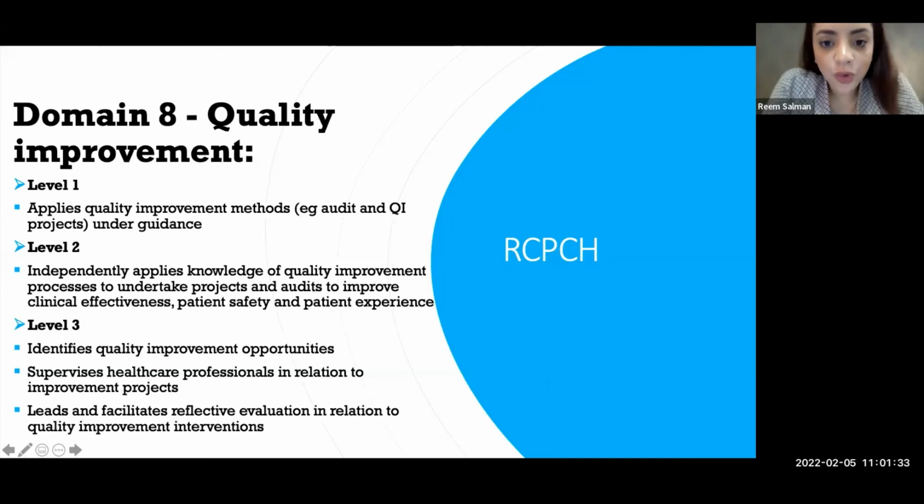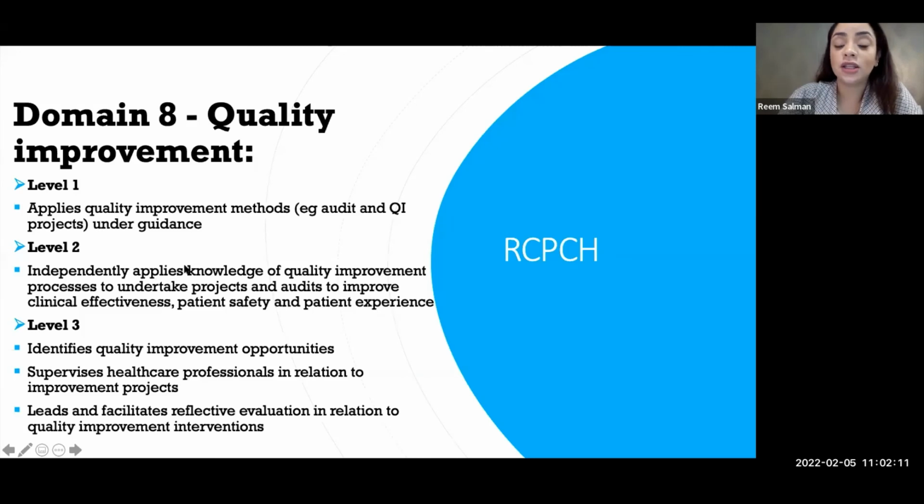Now, I don't know if everyone is in pediatrics, and I gathered some of you are actually practicing in the UK and some are outside the UK but willing to come to the UK, or newcomers. So I went into the Royal College of Pediatrics and Child Health and actually extracted this domain from the curriculum about quality improvement projects. And when you join a training program, you would be asked to fulfill certain levels of things. So the 3 levels of quality improvement projects or audits are these 3 levels.